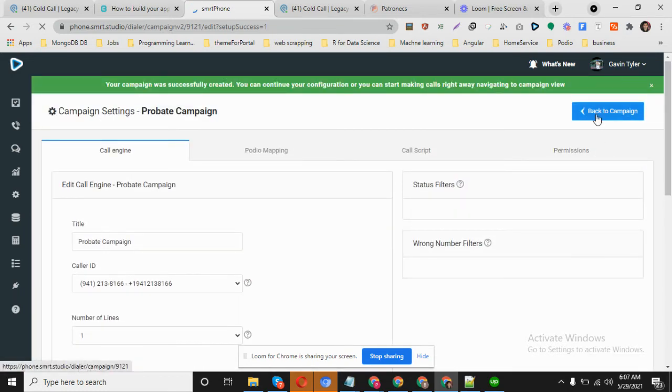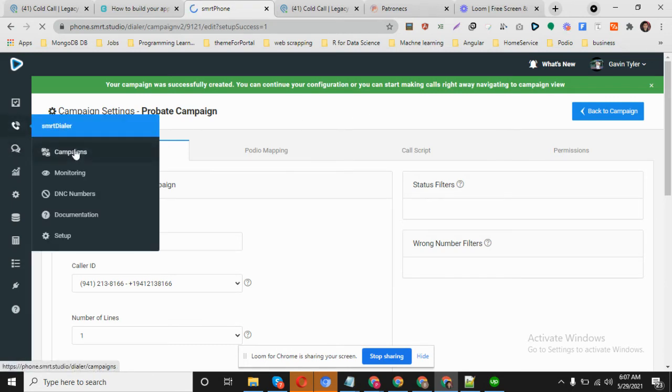What we will do is go back to campaign. We can also go to the campaigns app to see all the campaigns, and then we can start a particular campaign.